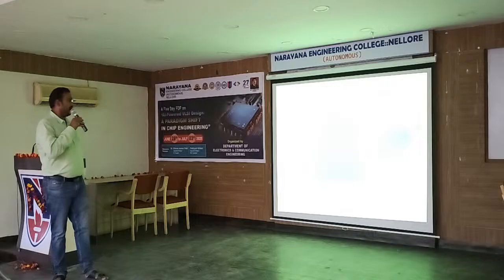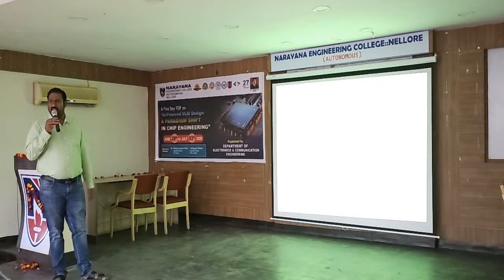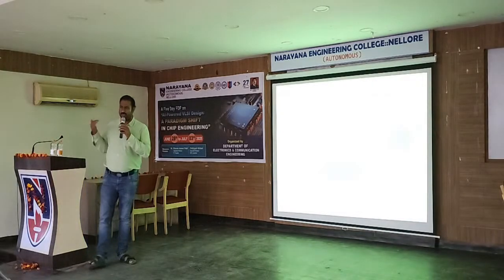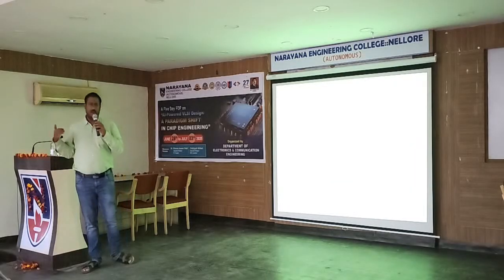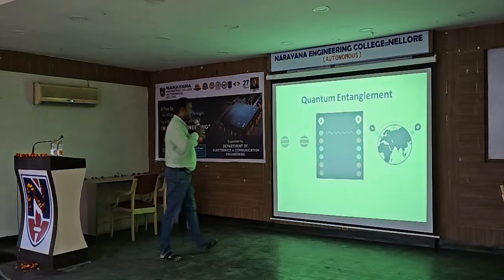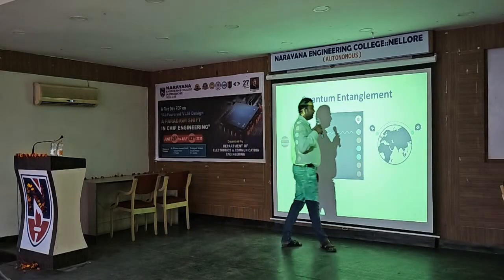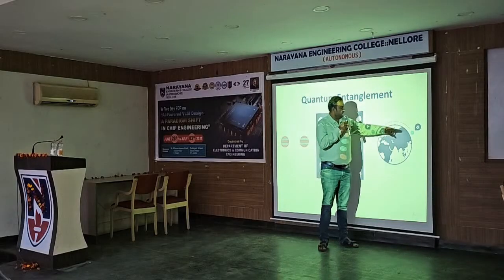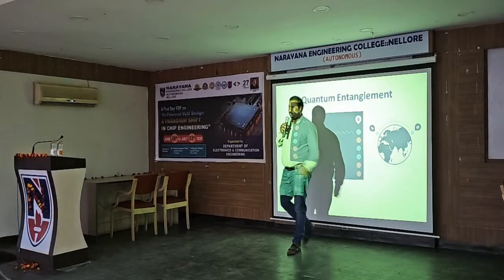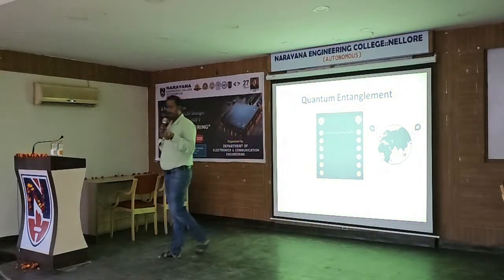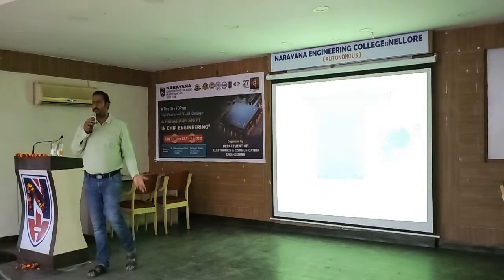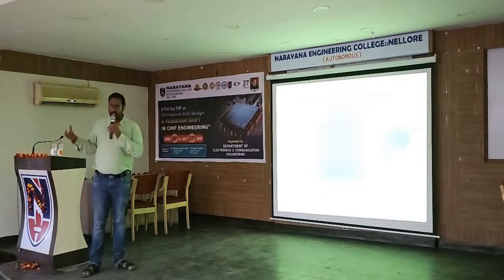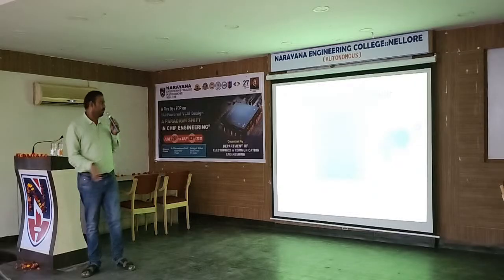They call it the action of electrons or something. This is called entanglement. When you are making a qubit, entanglement is very important. Without entanglement, if you make a qubit, nobody will appreciate it. It has very good properties. Currently, if you want to establish a quantum key, this is how they do it. They prepare two entangled states, and then they establish a key like this. If you try to measure the state of the entangled pair, both will get disturbed, and when the state is disturbed, it will collapse. So you cannot get back the key. That is why it is very safe to use a quantum key.